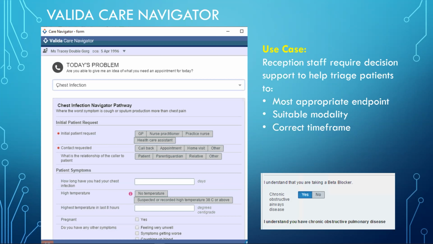Now, of course, COVID has messed that up as an example, but in this example, the patient is complaining of a chest infection, and in the background, it has said, oh, the patient has chronic obstructive airways disease, and the patient is also taking a beta blocker. And that will drive the decision, and this won't be self-management in this case. So if we just move on and look at